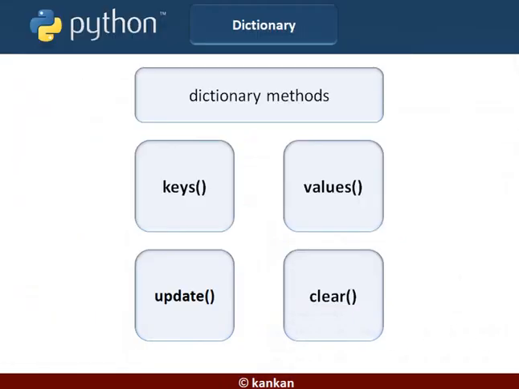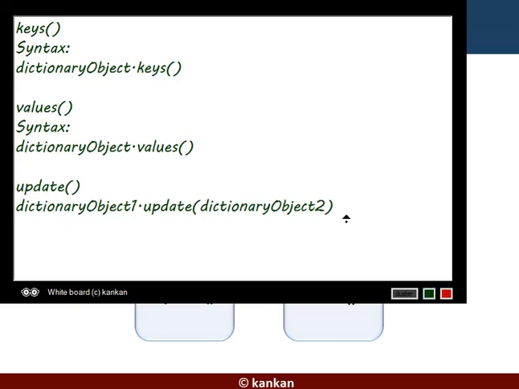Now, sometimes we need to delete all the items of a dictionary, instead of deleting the dictionary itself. We have used the del keyword. Why is it used? This is used to delete the items as well as to delete the object.